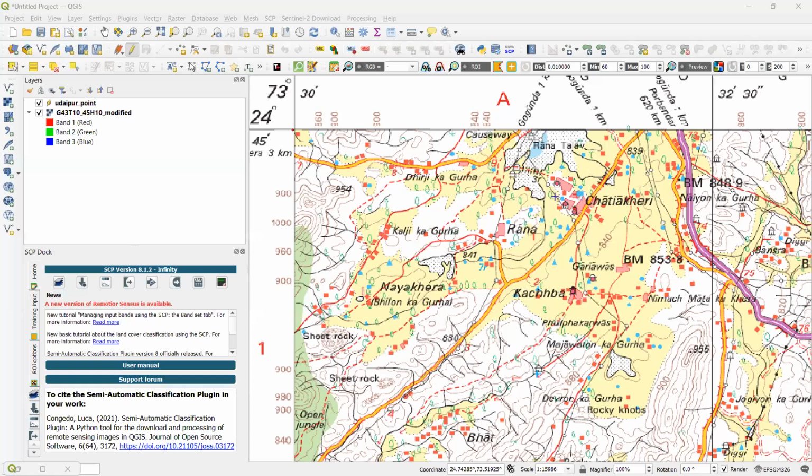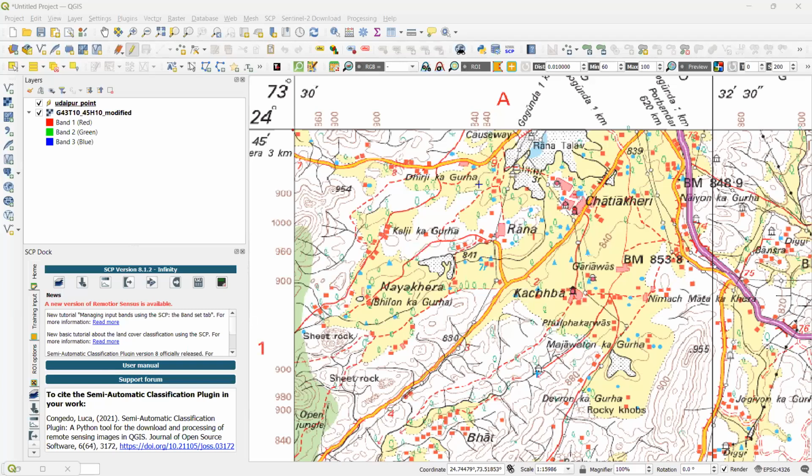Am I clear how you can change the symbology? In the next exercise, that is in the second half, in the editing vector data, I will demonstrate how you can add a new field and how you can assign a different symbology for different points. So in that part, we will learn how you can assign a single symbol for all the post offices and a different symbol for all the